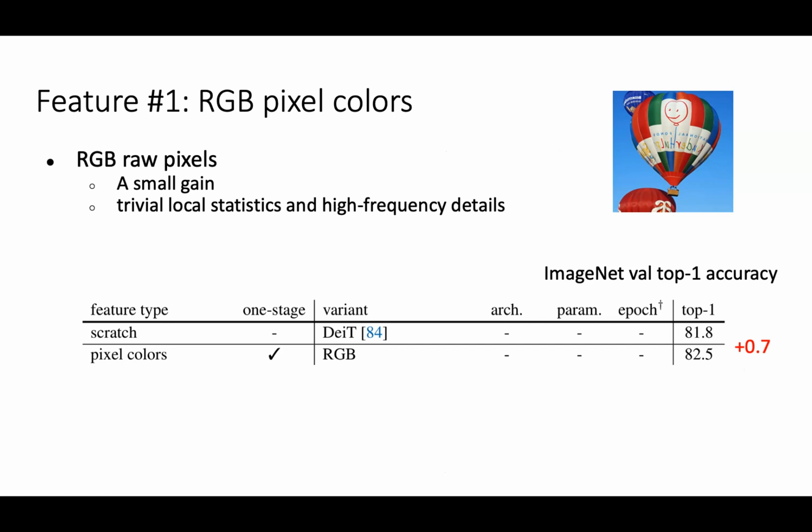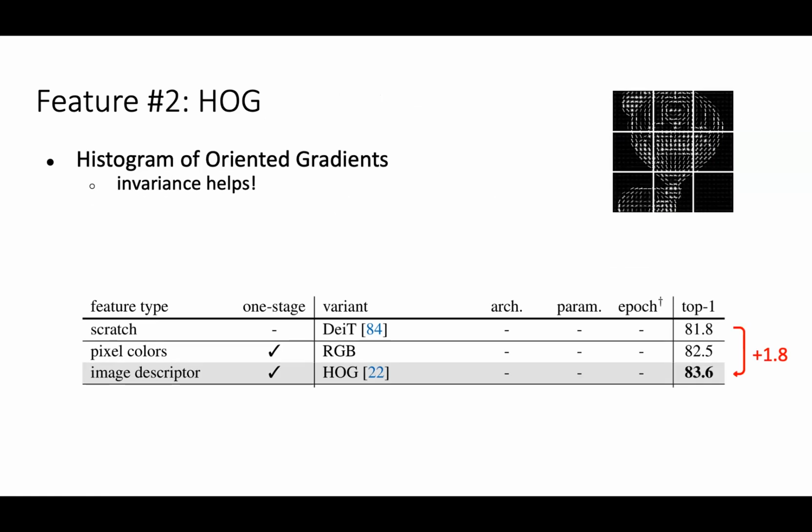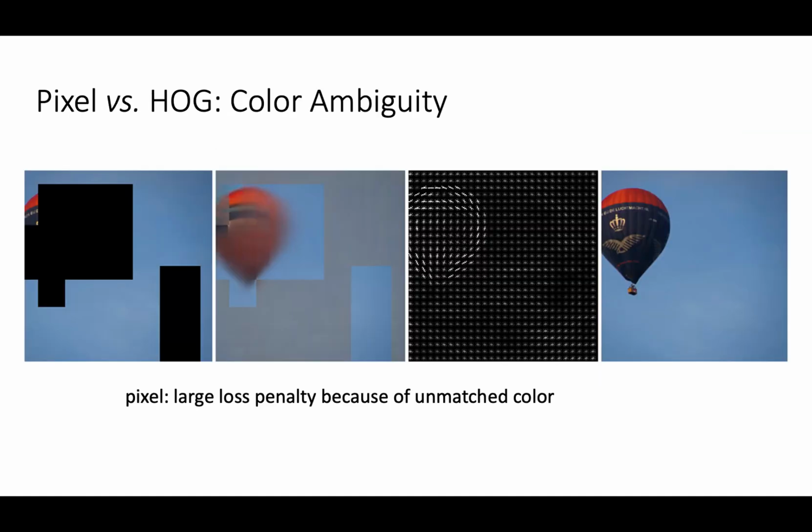And what we saw is if we use this HOG feature, we get actually a bigger gain. So the HOG feature was giving us like a 1.8% gain over the baseline. And we were thinking, why does it work better than pixels? We were not so sure. We tried to look into some samples where, for example, the pixel prediction makes a large error on the validation